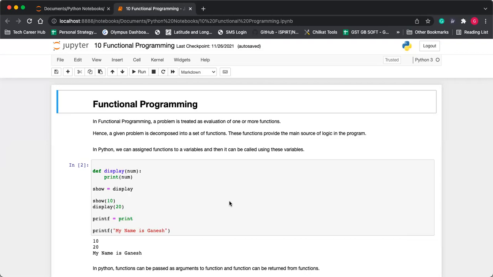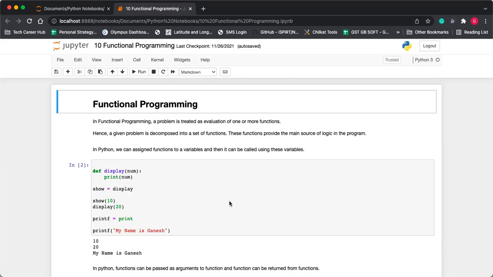So Python supports functional programming. We can divide the whole Python program into functions, and whenever we need a function, we just call it. So we can have this functional programming approach in Python.